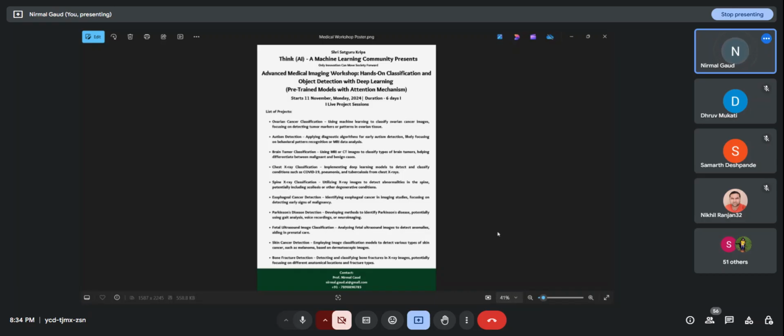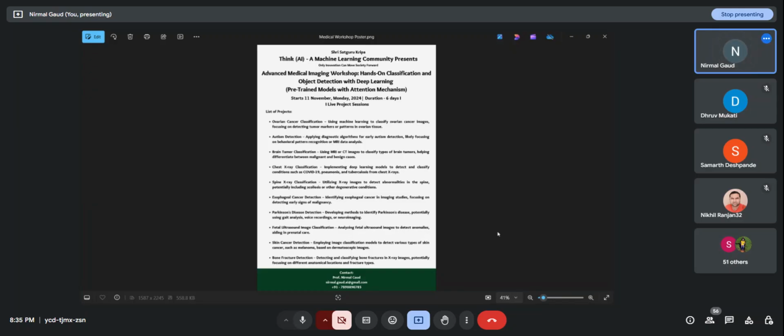You enrolled for this workshop because we have a common interest: to understand medical imaging, to interpret medical imaging problem statements, to identify the problem statement which we get from the interpretation, and to devise solutions for that.